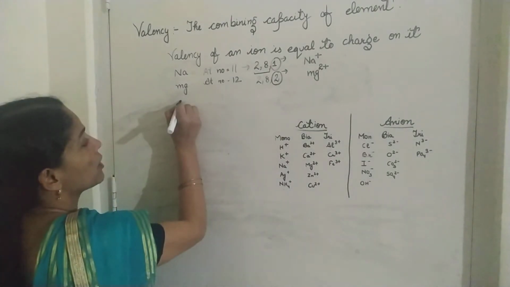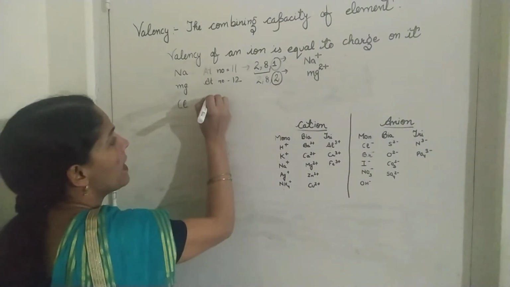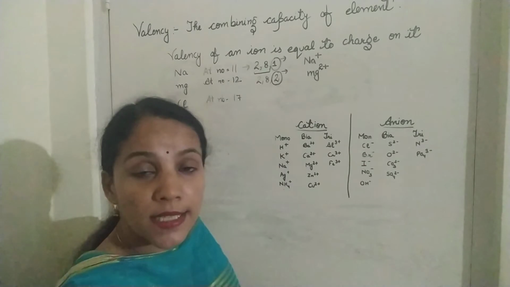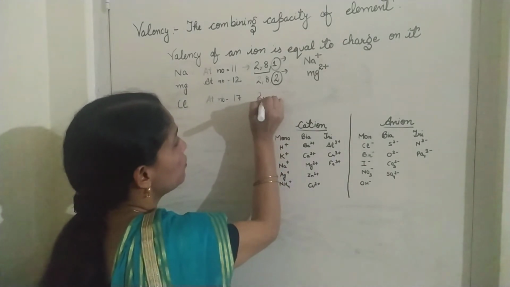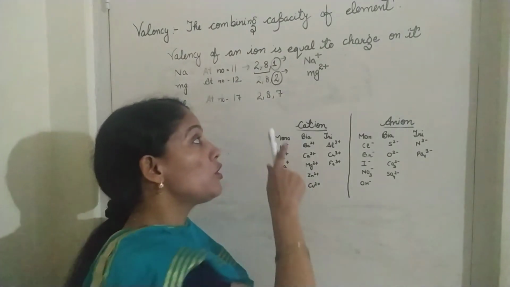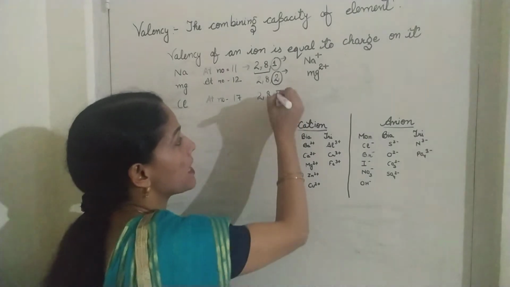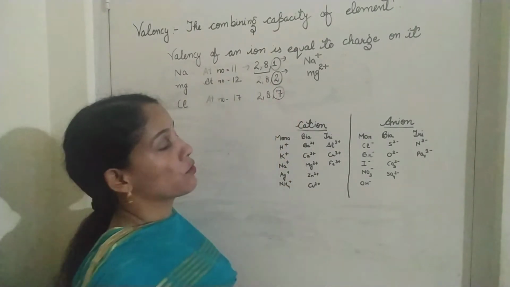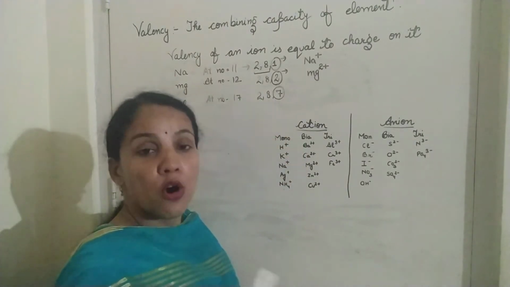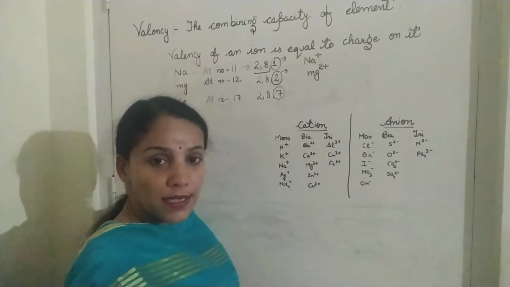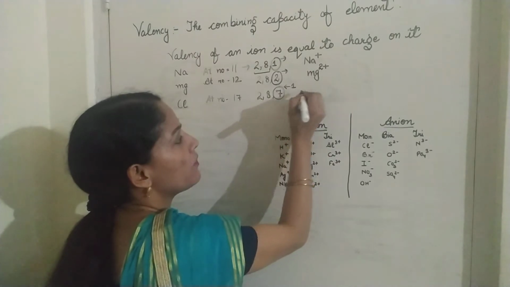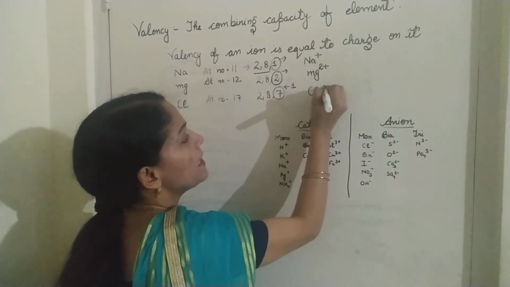When we are gaining electrons, we take the example of chlorine. The atomic number of chlorine is 17. So what is the electronic configuration? 2, 8 and 7. How many electrons are in the outermost shell of chlorine? There are 7 electrons. To make it stable, what do we do here? We either gain 1 electron or lose 7 electrons. So which is the easiest? To gain 1 electron. When we gain 1 electron, we get a negative charge.